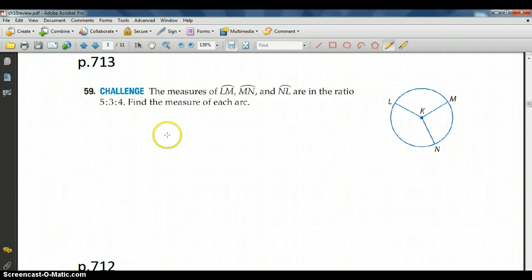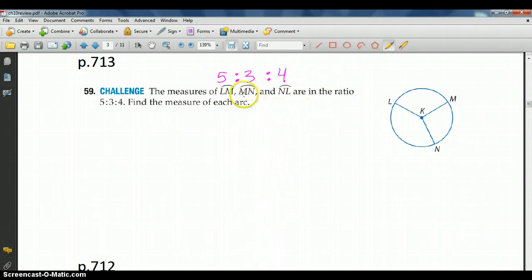Number 59 from page 713. The measures of arcs LM, MN, and NL are in a ratio of 5 to 3 to 4. Find the measure of each arc. If they're in this ratio, 5 to 3 to 4, that doesn't mean that that's their length. It means that,